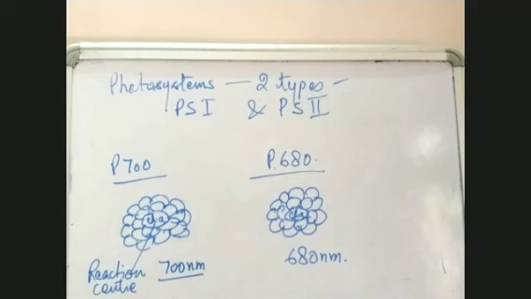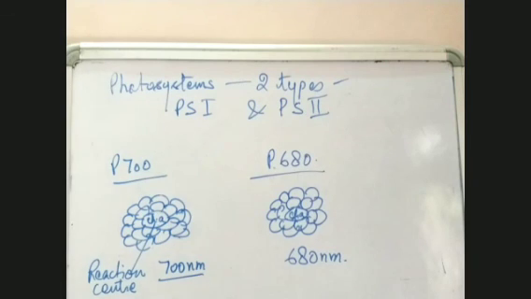Out of all these photosynthetic pigments, chlorophyll A is the major photosynthetic pigment, because it forms the reaction center, and it lies in the center of the LHC, or the antenna complex. All the other accessory pigments lie around it. These accessory pigments first absorb the light energy and then transfer it to chlorophyll A. So all of them transfer their energy to chlorophyll A. So chlorophyll A forms the major pigment of the process of photosynthesis.